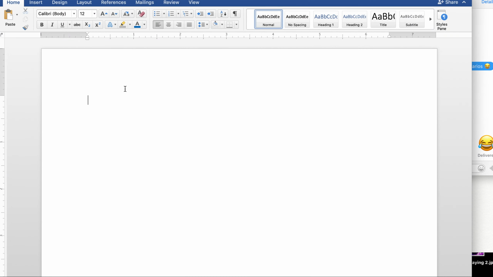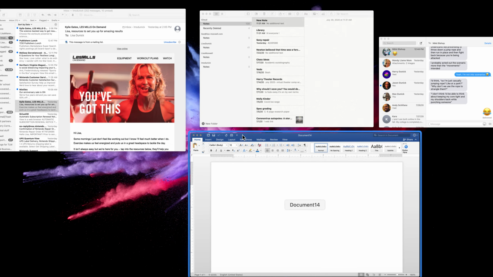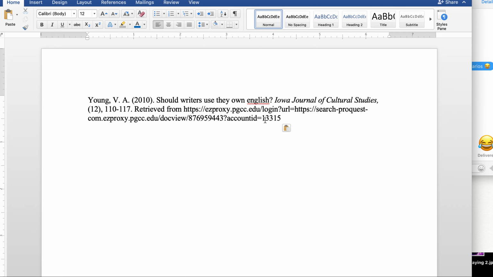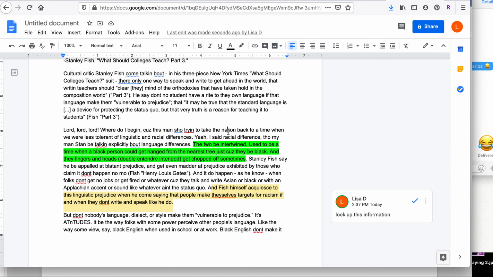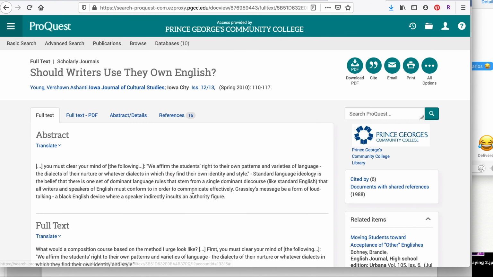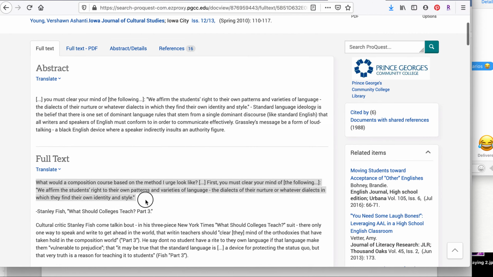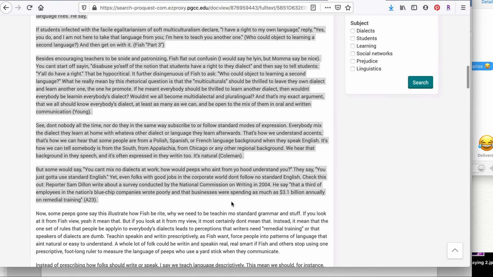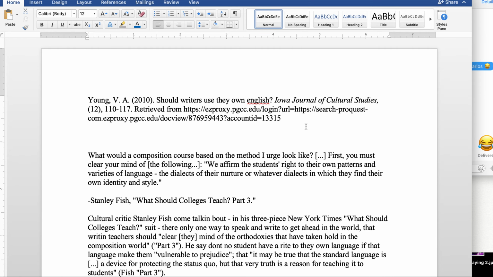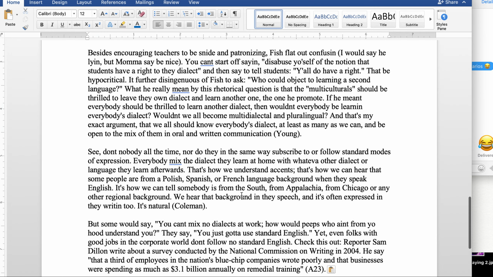The same thing is true of Microsoft Word. Sorry, I have to find the places. We could go back here and I can just grab the full text. I'm not going to grab the whole thing this time, just to give you a sense of what we're doing. The other nice thing about this is if you really hate the way that this looks,